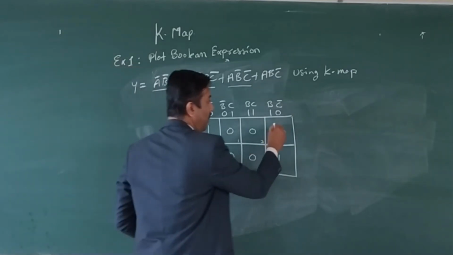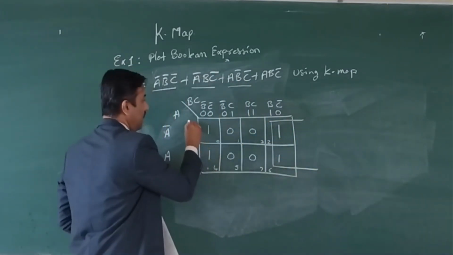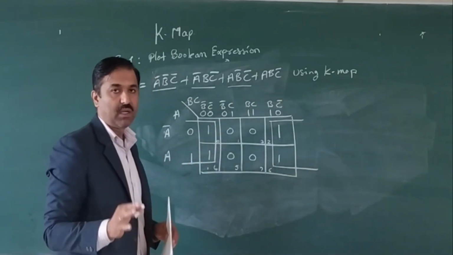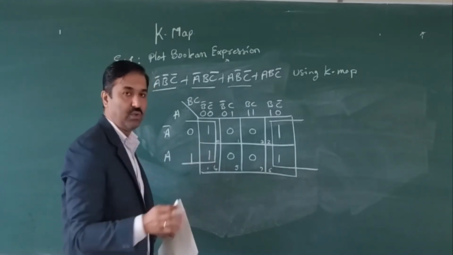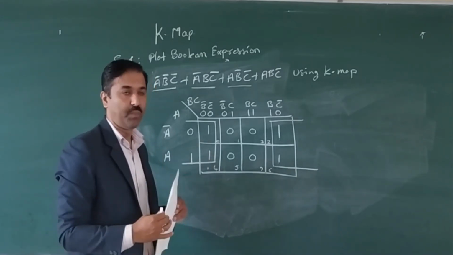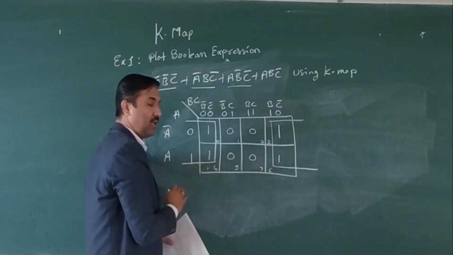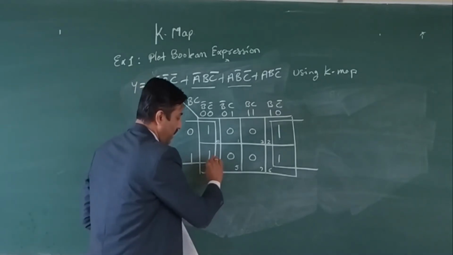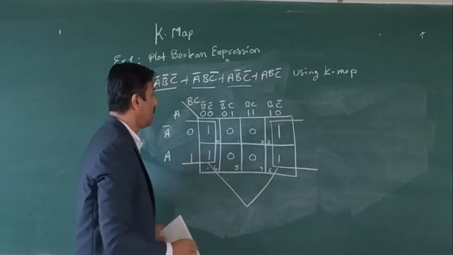So I am going to group those 4 ones. Okay. So try to minimize the grouping. I will show you what happens if we have more groupings. Fine. So when I group these 4 ones, how do I write the final expression for this? I am going to write it like this. Just look into this.